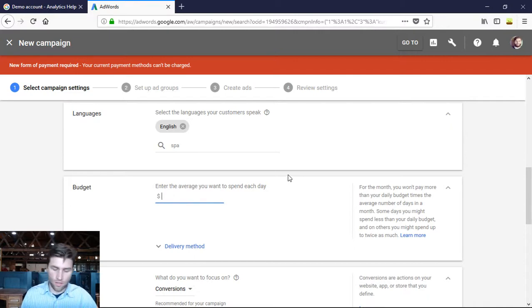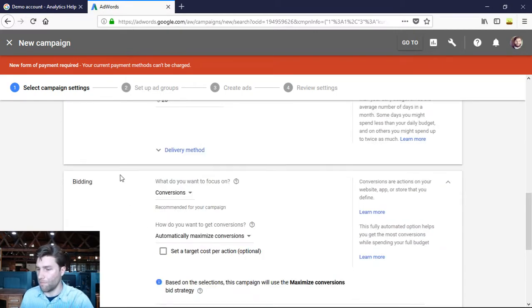Enter the average you want to spend each day. So let's say we want to spend $10 a day. But maybe if you're just starting out, maybe it's 20. It depends on what your budget is, but I really recommend keeping it small when you're just starting out so you can get a feel of how it works. Especially because most of you, if you're just starting out, are going to get poor conversion rates when you start. So a poor conversion rate is just going to infuriate you. So you don't want to spend too much money and just blow it. Because honestly, you're going to blow some money at the beginning, but that's why they give you a bunch of free money, like the 75 or free $100 extra to spend, so you don't feel too bad when you mess up your campaigns at the beginning.